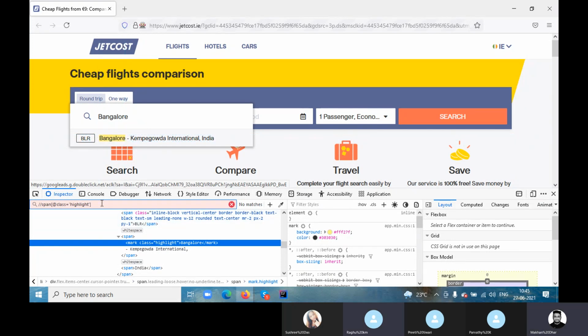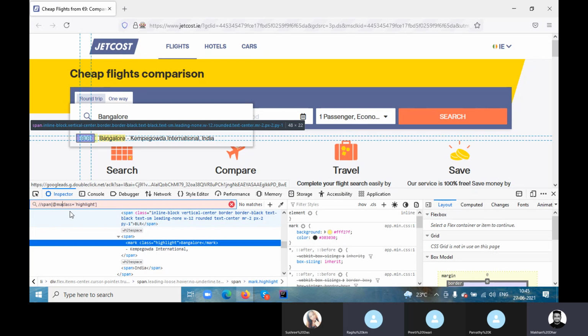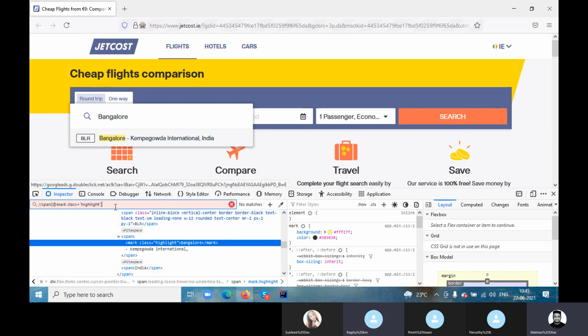Then the tag name should be mark, not span, I think. Mark class, right? Yeah. Maybe the Mark class. Not this here. Not here. So remove that mark. Put no. One second. Yeah, I got it. The span.